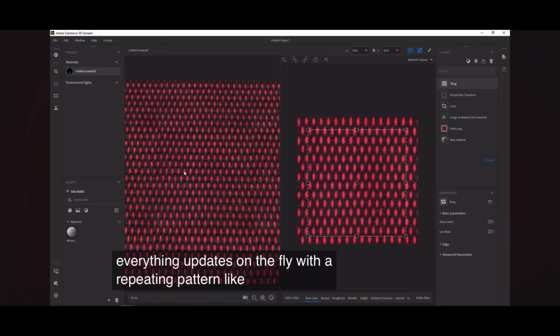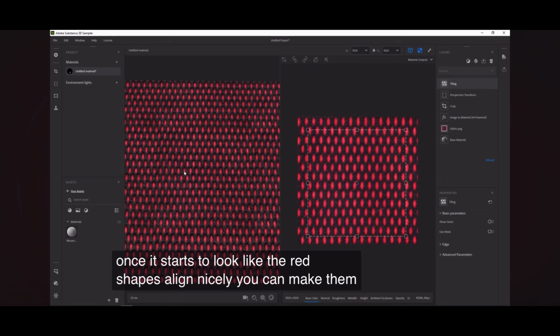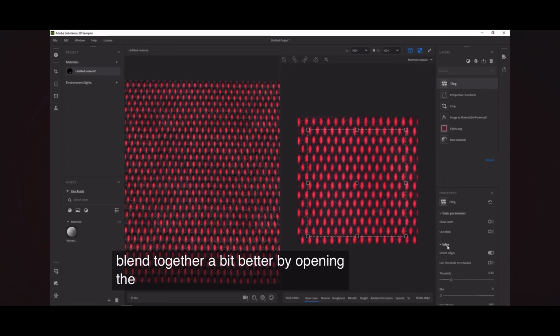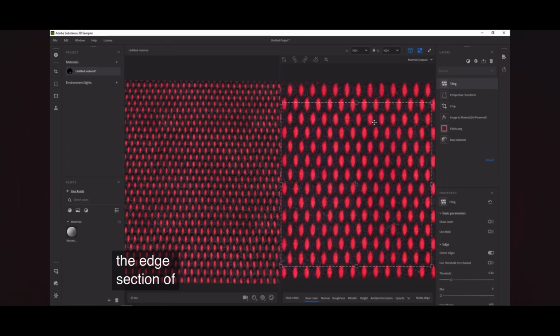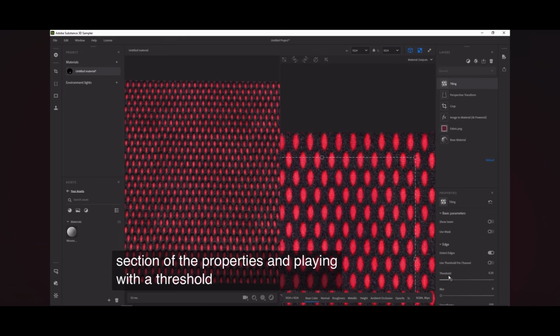With a repeating pattern like this, you have to tweak and be quite precise where you place the tiling handles. Once it starts to look like the red shapes align nicely, you can make them blend together a bit better by opening the edge section of the properties and playing with the threshold